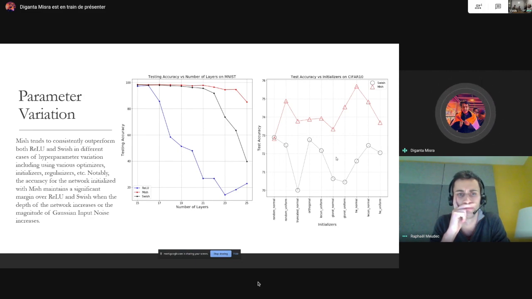Also, in one of the tests that I used in my experiments, I tested activations against different optimizers. In the case of AdamW, Swish actually drops from around 85 to 11% accuracy, while Mish stays at 83. So I think there is a link between optimization processes and activation function. We're still working on it to understand, because right now the main focus for me when I'm working on Mish is the mean field theory, which will help us understand more about how Mish performance is related to weight initialization and the optimization process. After those experiments, I think we'll have better answers to the question that you have.